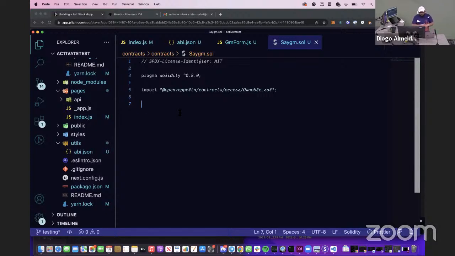Basic kind of contract, I'm just identifying that this is an MIT license using Solidity above 0.8, and I'm importing this OpenZeppelin contract called Ownable.sol. Basically it means that when I write this contract, I can specify that somebody owns this contract. Why is that important? We'll see in a little bit. But we get started. Contract